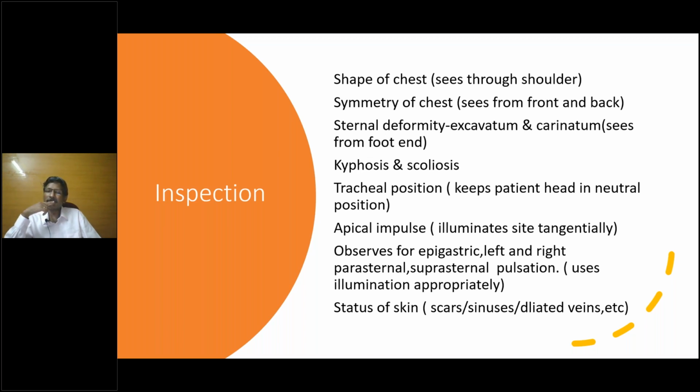Drop sign, water hammer pulse, collapsing pulse. Okay. See, collapsing pulse is the only thing you need to understand. Collapsing pulse is the only pulse you need to understand for aortic regurgitation. There is a problem with the Hill sign. I'll come back to that. I will have another slide which shows the common signs. I'll elaborate when we go into that. So, inspectory finding, is it clear? Before I go to the palpation, is the inspectory finding clear?